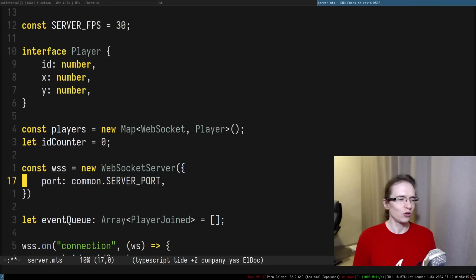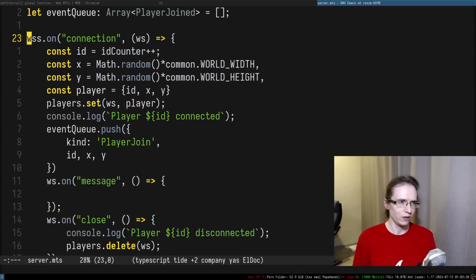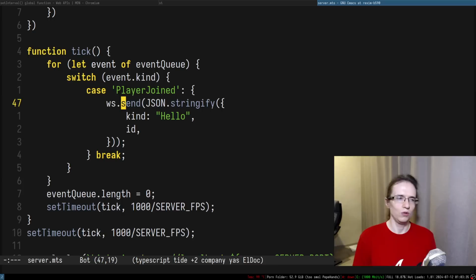How do I get the socket of the player now? I can just associate this with the player. This is just so easy. Look at that. Bam! I have a socket. I've got a socket. Alright, so that means I can just do something like,